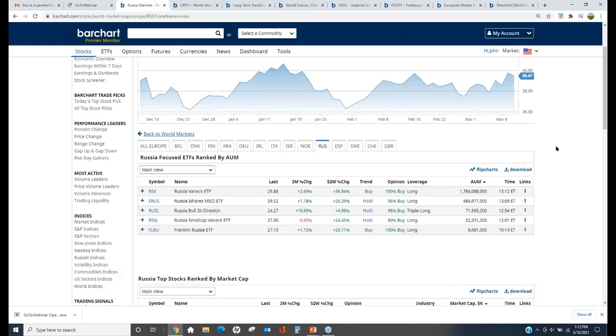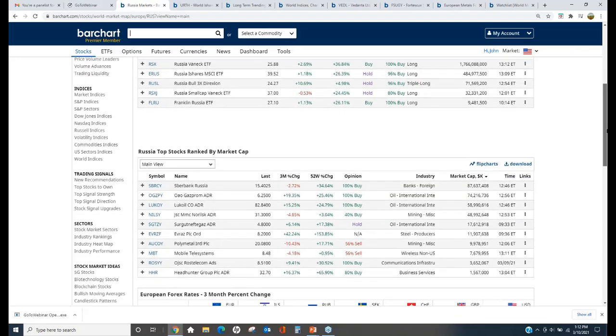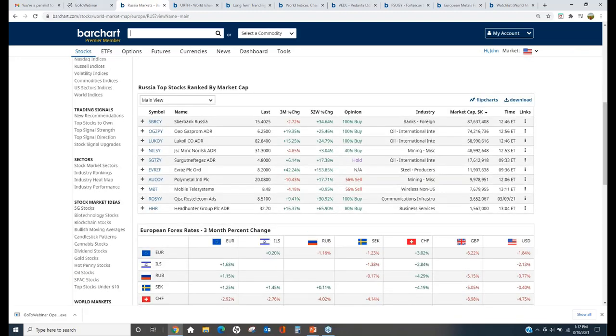But notice also that once I get past the ETFs, I have an opportunity to look at a variety of stocks or equities. And again, Barchart Opinion, but now we're going to start seeing the industries. So now I can go top down and say, I'm going to look at Europe, I'm looking at Russia, and then maybe I'm going to look at a particular aspect of the Russian economy, for instance banks, oils, or mining.